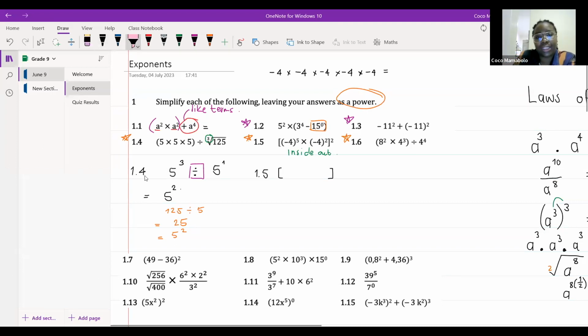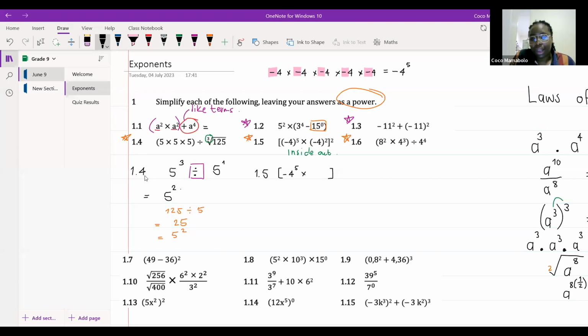So we're looking at this. What is a negative times a negative times a negative times a negative times a negative? Multiply them over and over. Do they give me a positive or a negative? Negative. Good, they give me a negative. So I'm going to end up with -4 to the power of 5. So in this first bracket, I'm going to get -4 to the power of 5